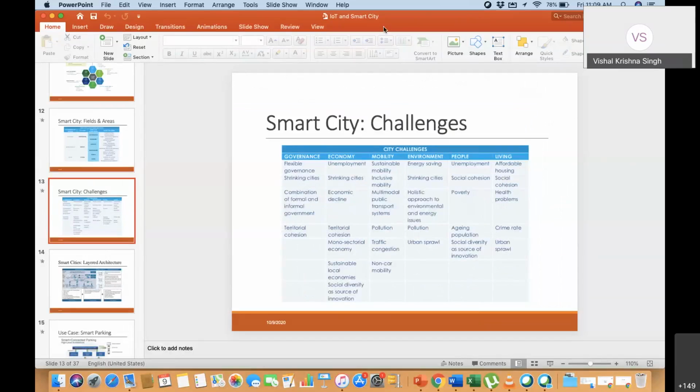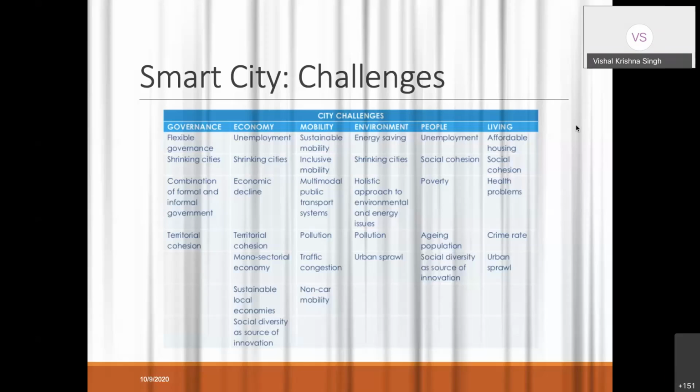Can you hear me just, or is there any connectivity issue? Okay. So okay then,